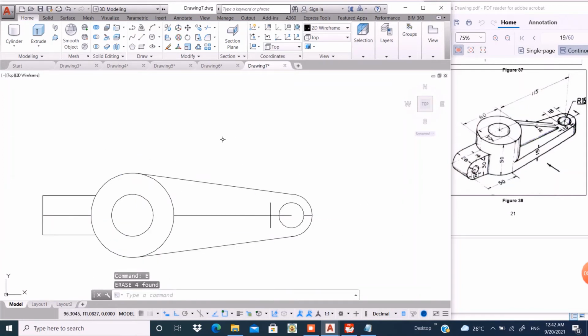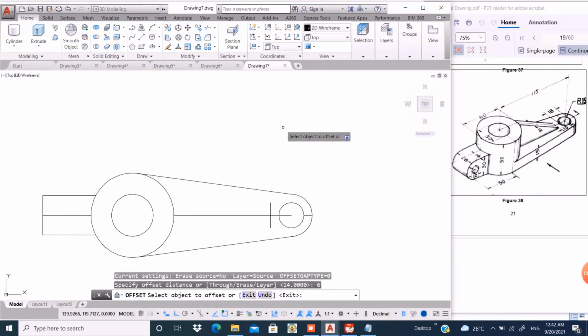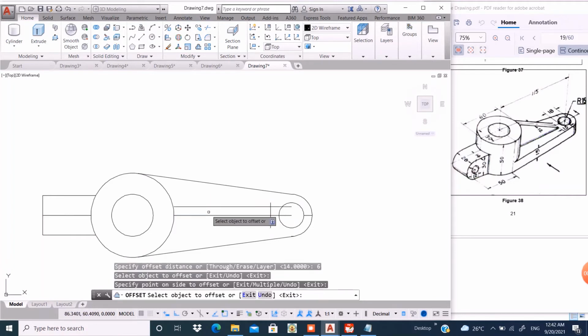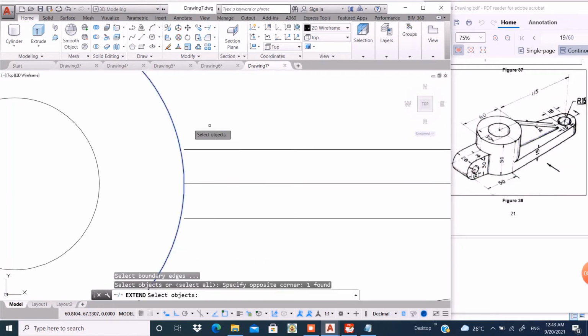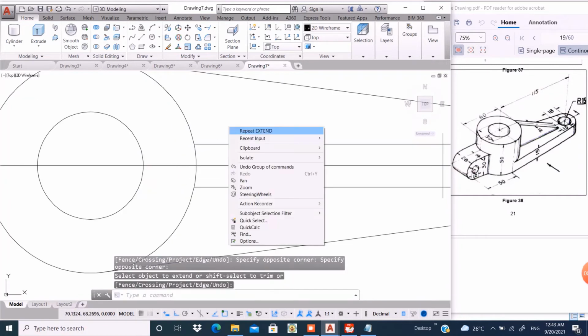Okay. Now go to offset command and give offset distance of 6 unit. Okay. Extend it up to this circle. Okay.